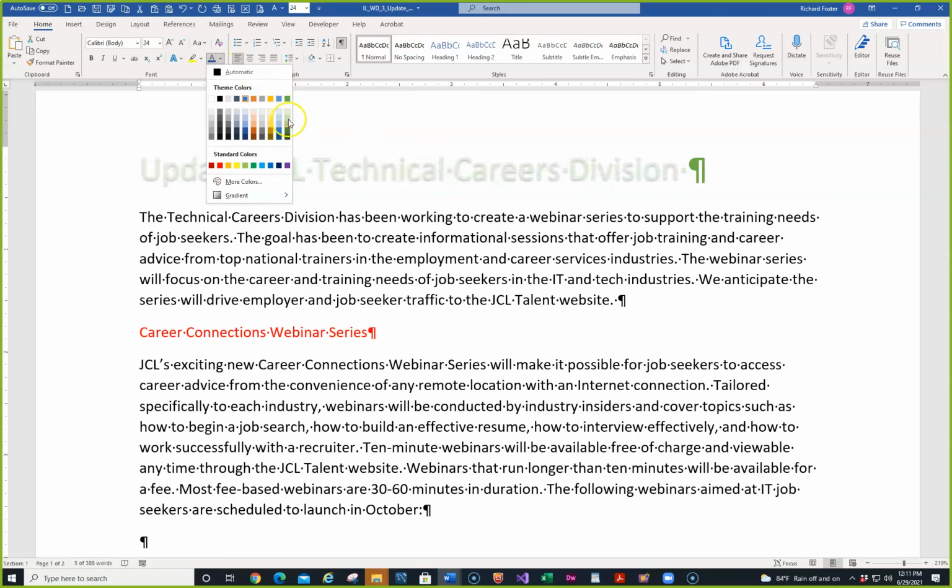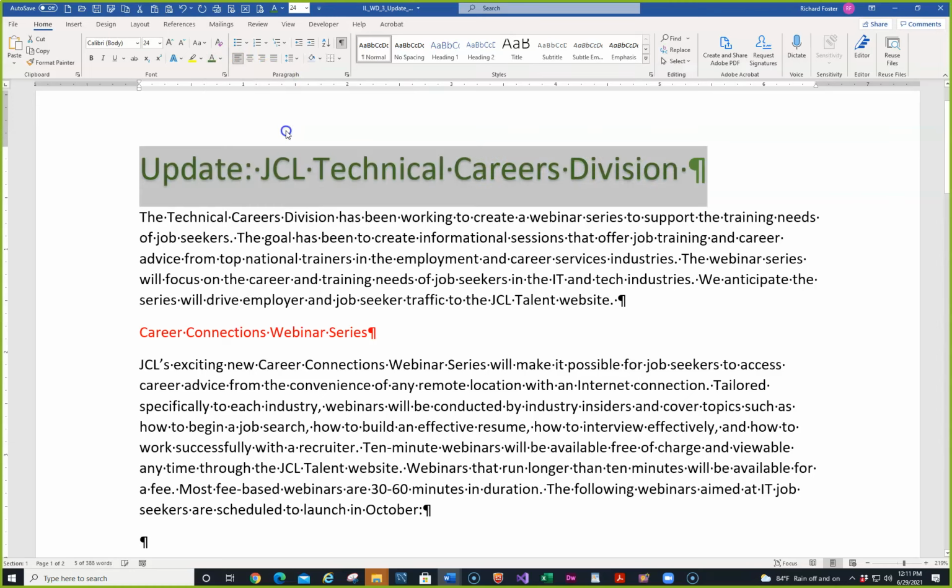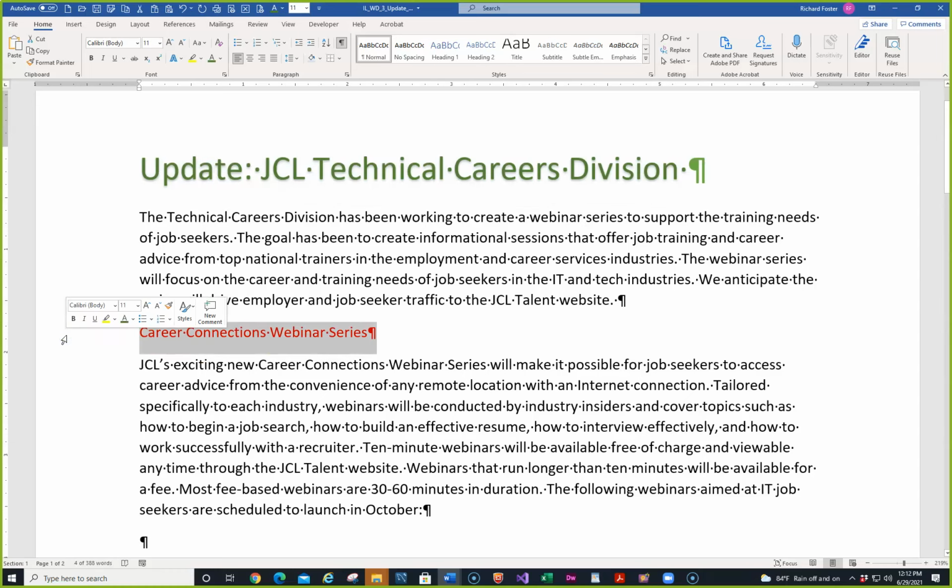green, Accent 6, darker 25%. That is number 3. And select the heading, Career Connections Webinar. And we want to change it to 14, bold, and italic. So here's 14,